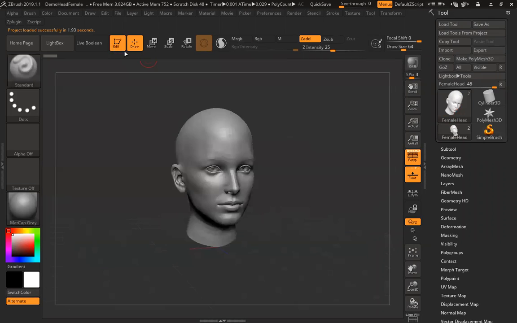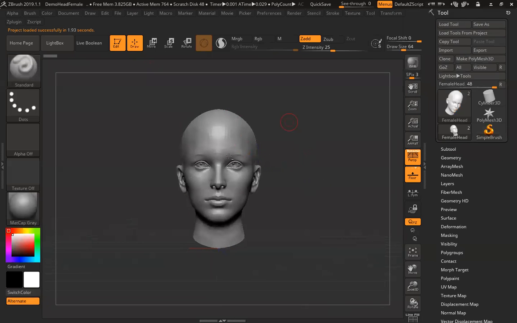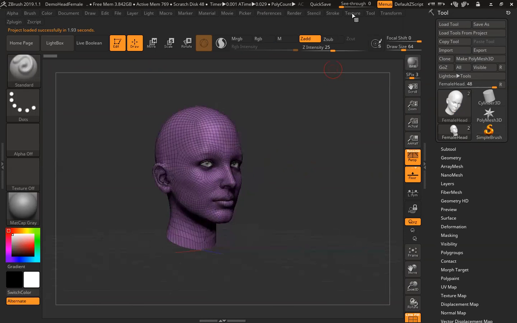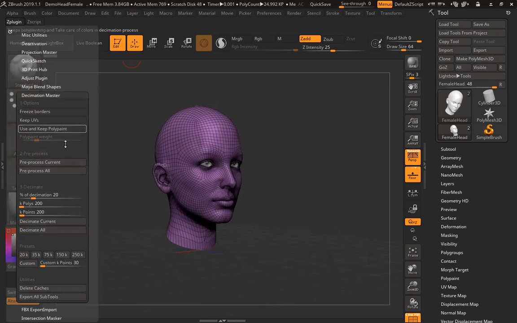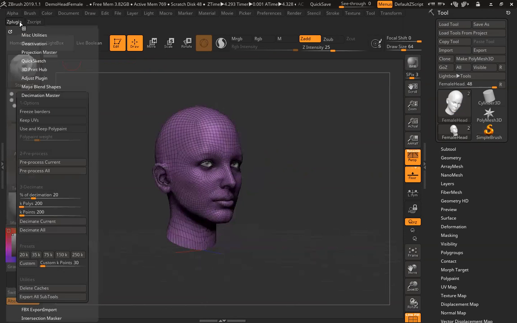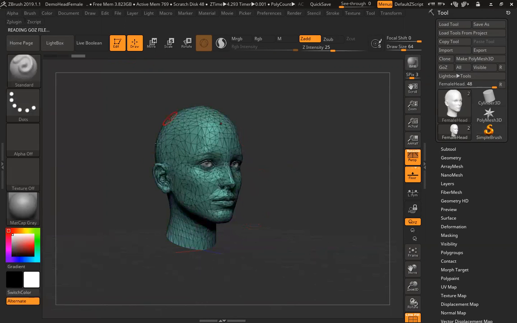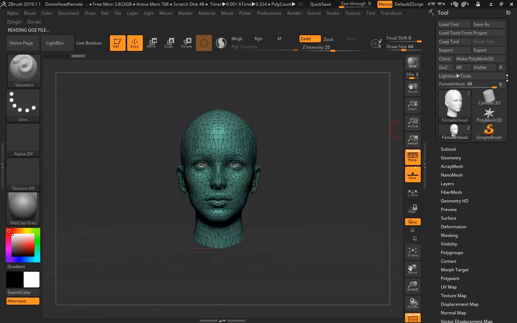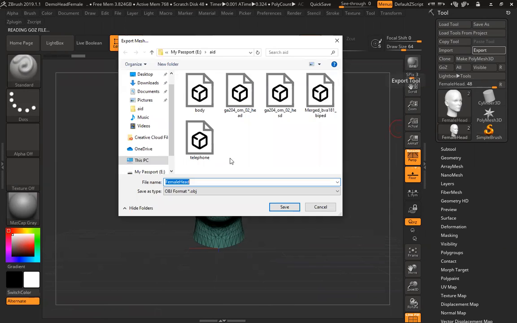Let's open anything. Say you have this file and you want to export it. Just make sure to decimate the model first. This is my model. ZPlugin, Decimation Master, Preprocess, then Decimate. So it will become like this. And after this, click on Export and save it wherever you want. That's it.